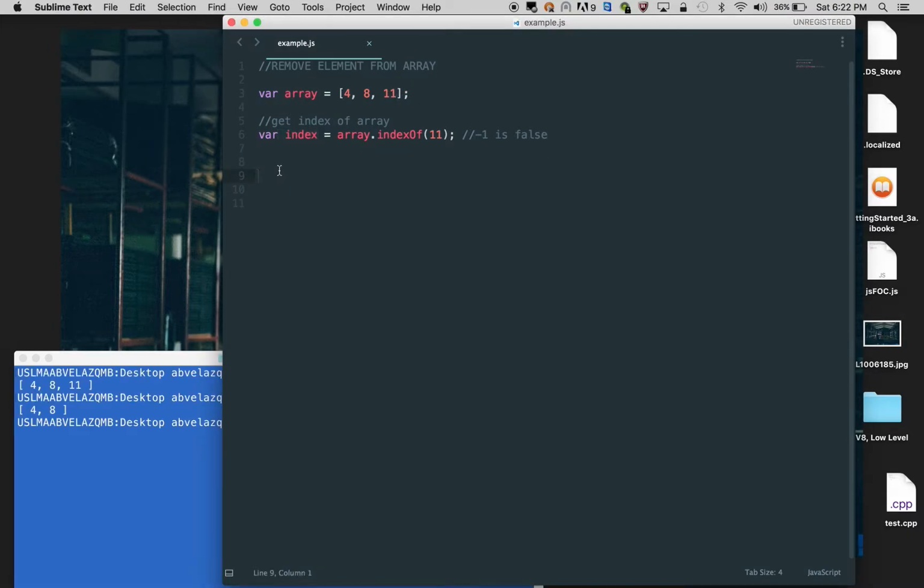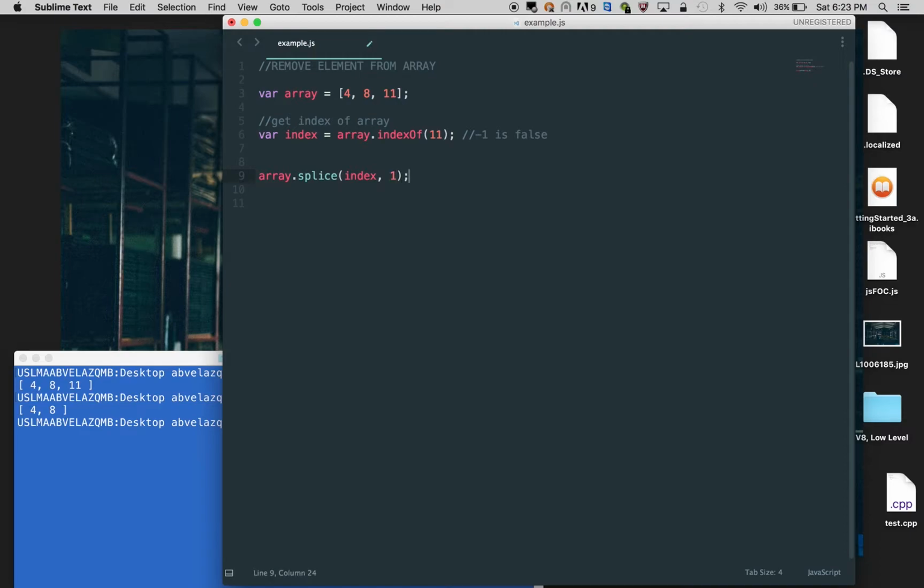My next step is array.splice. So I'm going to get the name of my array, then write splice. Splice is a function with different parameters. The first parameter is the index, then it has a delete count, how many you want to take away. It has a third parameter, and you can go online and see the functionality of splice. So I'll write my index, and I'll write 1 here because that's the one, just 11, that we